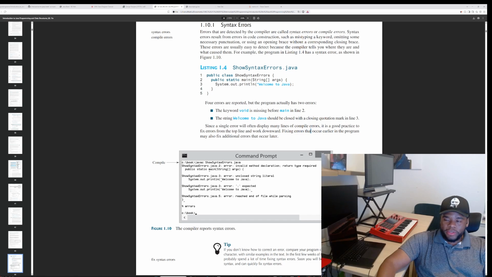Error, Jordan. Dun dun dun. Since a single error will often display many lines of compiler errors, it is a good practice to fix errors from the top line and work downwards. It's a good tip. Fixing errors that occur early in the program may also fix additional errors that occur later, right? Because of how the compiler works,